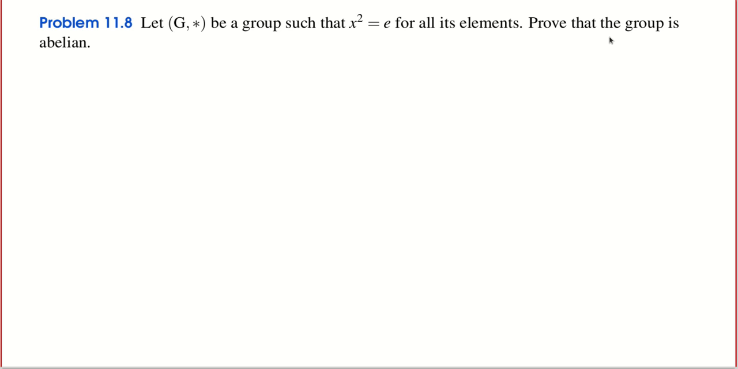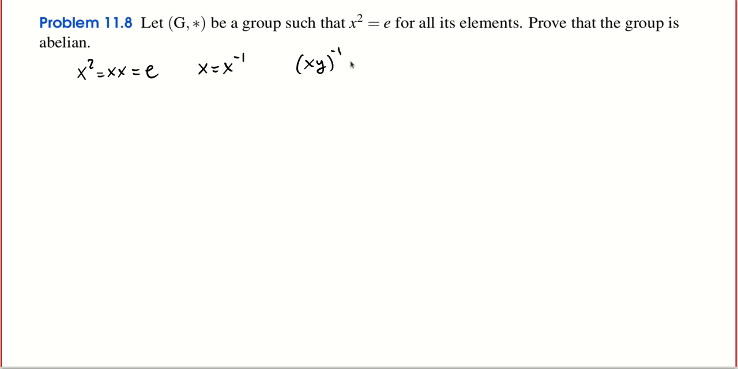Okay, the first observation is, of course, that if x squared, which is just x times x, is equal to e, then, of course, x is its own inverse, because this is the definition of the inverse. The inverse is the element you have to multiply an element by in order to get the identity. So you have that. Now consider the product of two